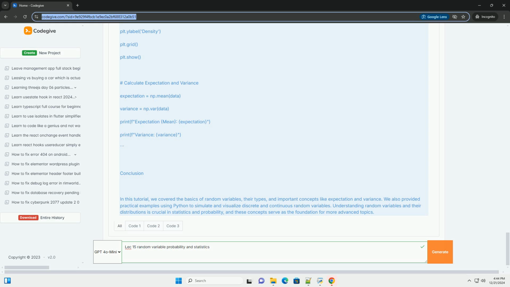Example, continuous random variable. Now let's look at a continuous random variable. A common example is the height of a population, which can be modeled using a normal distribution. Step 1, define the PDF. The PDF of a normal distribution is given by f(x) = 1 / (sigma sqrt(2 pi)) times e to the power of negative (x minus mu) squared over 2 sigma squared,